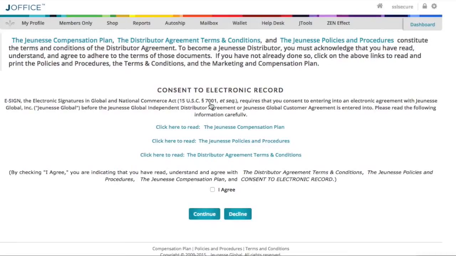The next section you need to look at is the terms and conditions, so you can read through that. You can click here to view the compensation plan, the policies and procedures, and the terms and conditions. And once you're happy with all of that, you just click on I agree and continue. And that is now going to take you through to the main sign up page,